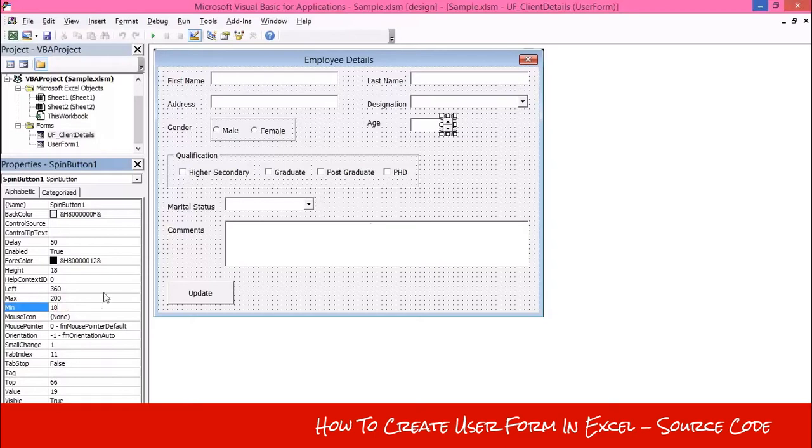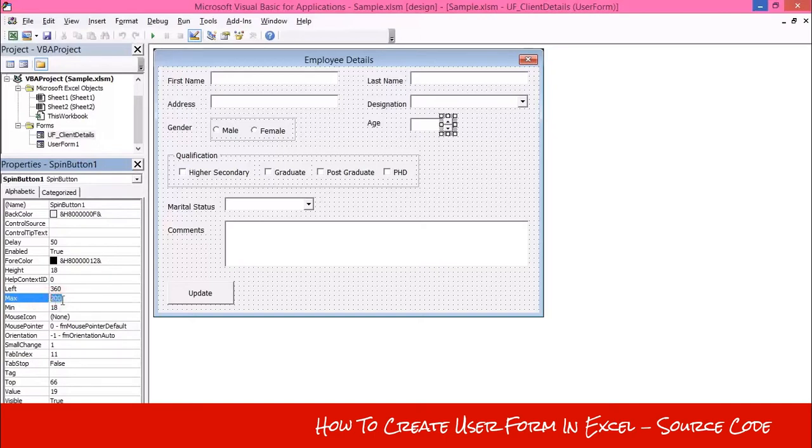18 years is the minimum value of this spinner button, and when you increase this button, the value of the spinner button will increase by 1. This is the small change. Small change means the value will change by 1 when you increase or decrease the spinner button. And this is the max value of this spinner control.